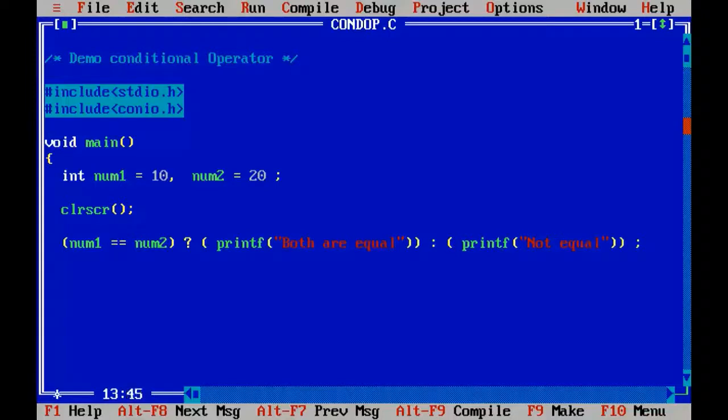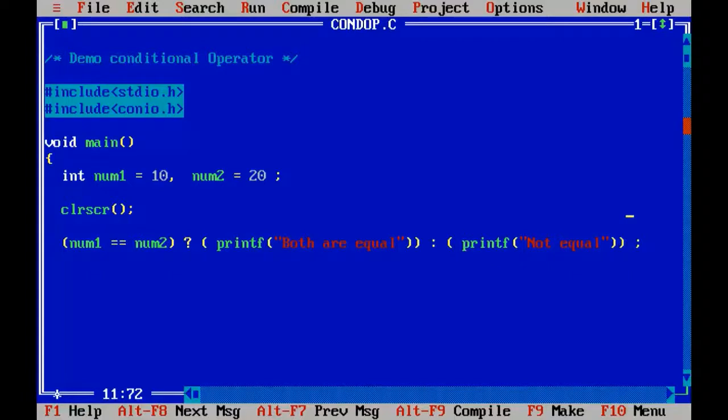Remember, this part is for the true value, this part is for the false value. Since num1 and num2 are not equal, the result is not equal. Let's go and make them equal. Control F9 again. Both are equal.